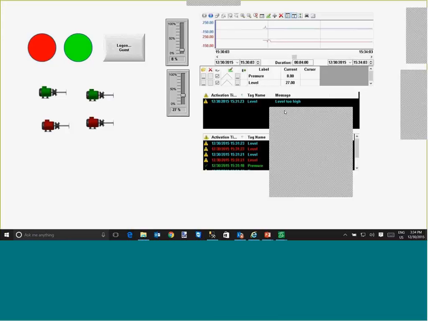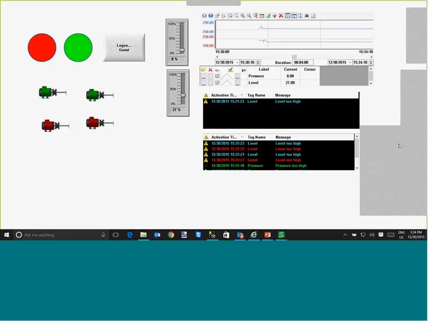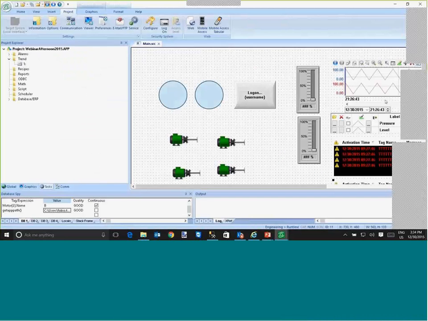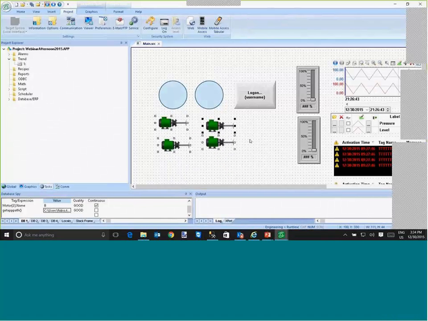So another question here, is it possible to have more than one instance of the motor pop-up? Yes, it is possible to have multiple instances of the pop-up open at the same time, but to do that, you need to use mnemonics. You cannot use the array option. So to make it simpler and easier to understand, let's go back here to the mnemonics interface and create something